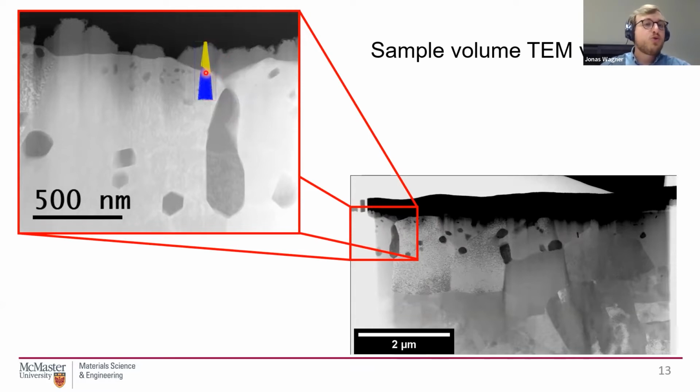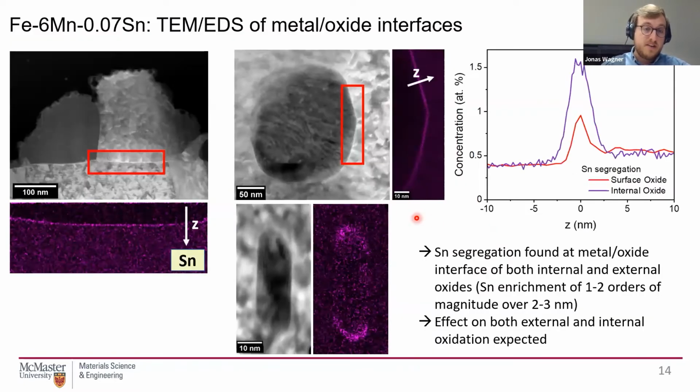So while in atom probe I would look very quantitatively at one specific oxide, here I can potentially repeat in TEM. I can potentially repeat this kind of analysis for 100 different oxides if I wanted to. So that's exactly what I did. I probed different oxides within my sample. I looked at the interface of the iron with an external oxide nodule.